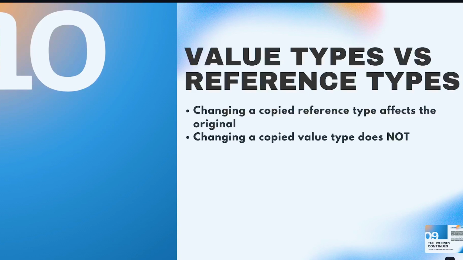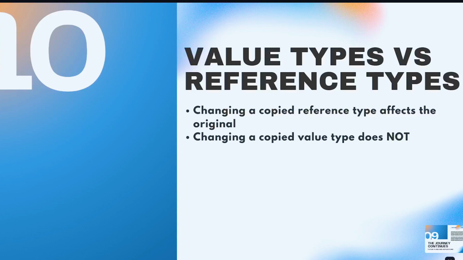Now you can see on the screen we have reference type behavior. We have user1, which is new User. His name is Ali. Now we have user2. We assign user1 to user2. So user2 is pointing to the same object, which is user1. So user2.Name equals Ahmad. Now we make the update. So user1.Name is now also Ahmad. They share the same object. If you make changes in one place, it will affect the other one also. So this is one of the most common sources of bugs for beginners. They copy an object, change the copy, and wonder why the original also changed.